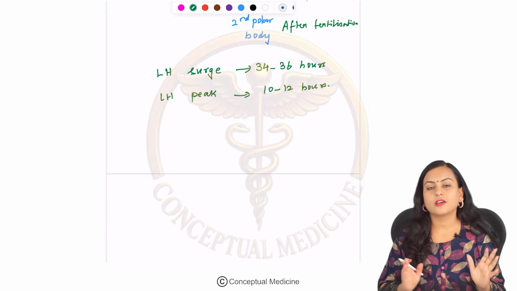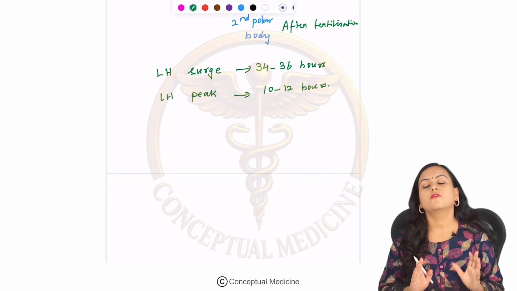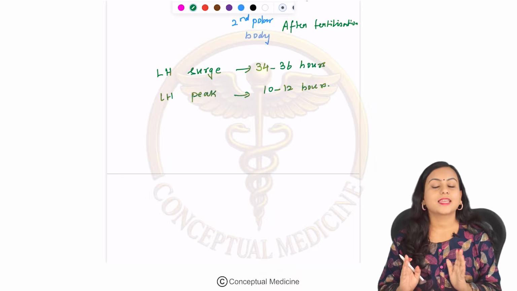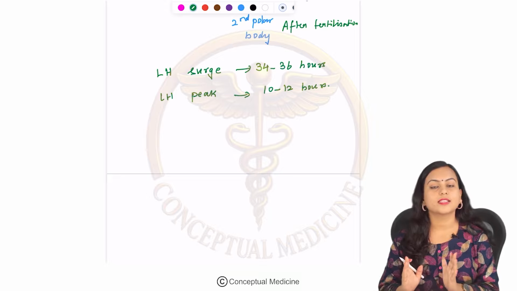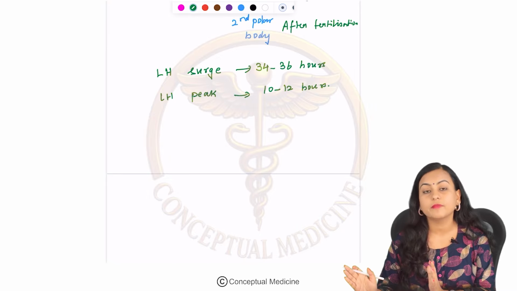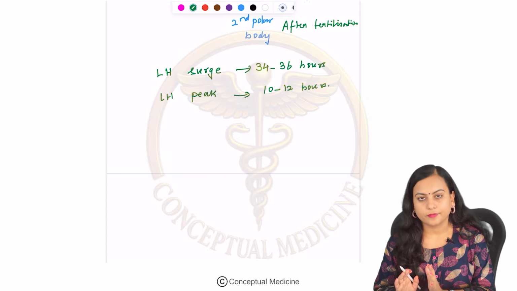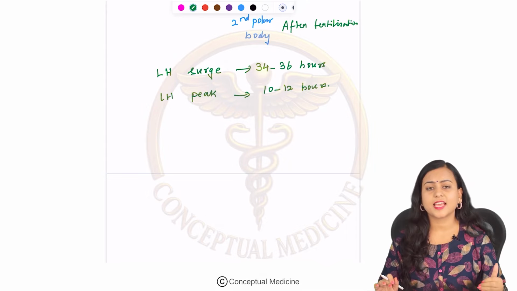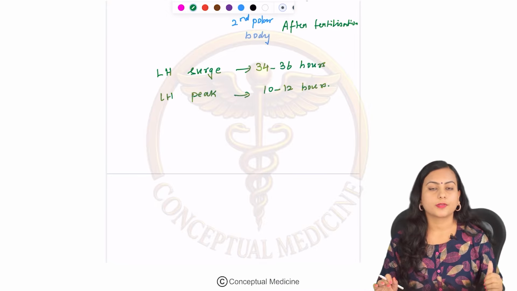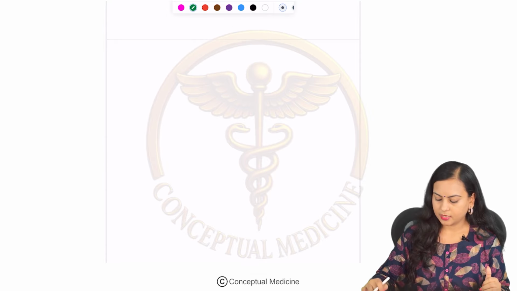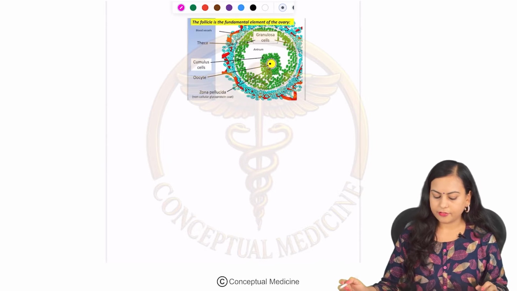Okay, so in the first half of the cycle, the hormone which is going to act mostly is your follicle stimulating hormone, and in the second half of the cycle it is going to be the luteinizing hormone. That's why it is the follicular cycle and luteal cycle. More than that, it is also the corpus luteum that is going to stay for almost 2 weeks after ovulation. Clear? And if pregnancy occurs, it will stay till 8 weeks, till the placenta takes up the function of the corpus luteum. Clear? Right. Now, I want to discuss this part, that is the Graafian follicle.